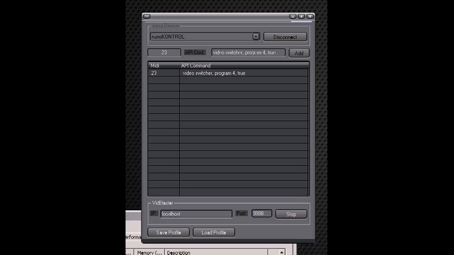But let's say that I want to do this same thing, but I want it to add an overlay when I do that. Now I need to bring the video switcher back up on the screen so I can see what the program is. So I'm going to say 23 is that, and then video switcher. Let's see if we can edit that out. Oh, we have to stop here. There we go. And then we'll come back here and say